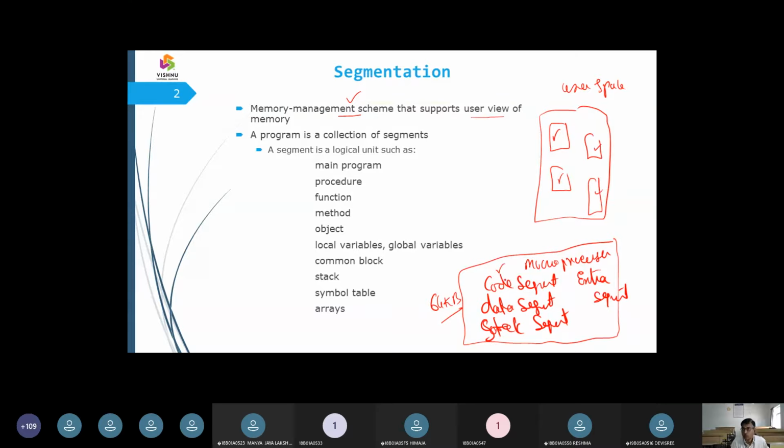The code segment is going to hold the code, and the data segment is going to hold the data. It can be integer, float, character, boolean, whatever data structure it supports. The program has to be executed with the CPU, so it needs a stack which works in last in first out order, and it needs to store some pointers and index locations. The pointers and index locations which are part of arrays are stored in the extra segment, along with symbol tables and arrays, etc.